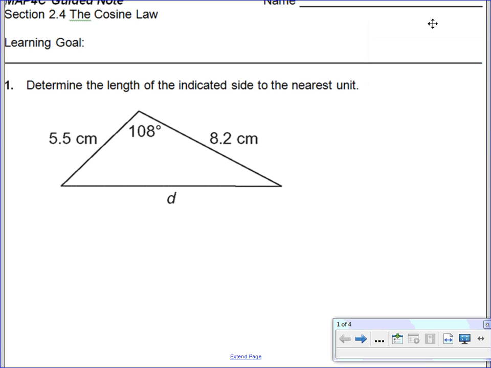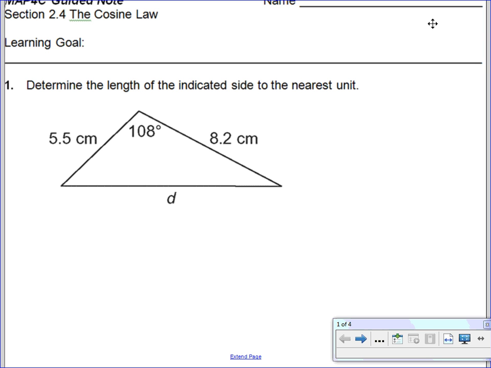So cosine law is right up here as well, okay? These are all going to stay here. So sine law and cosine law: as soon as you see that it is not a right angle triangle, you're going to go to sine law and cosine law. You're always going to try cosine or sine law first because sine law is the easiest of the two. And if you don't have enough information to do sine law, then you go to cosine law,